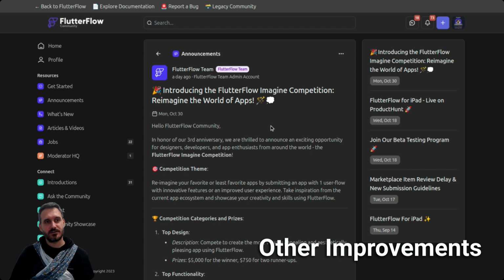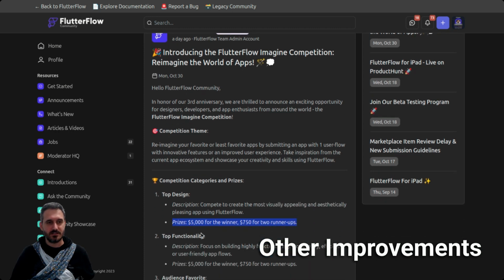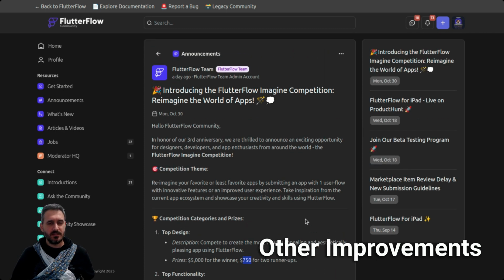And for their third birthday, Flow made a competition, and it's again for design. Like I said, I'm not a designer, so this is not a good competition for me. The prize is not bad actually: 5k for the winner and 750 for the two runner-ups. But yeah, like I said, this is great, but I would appreciate